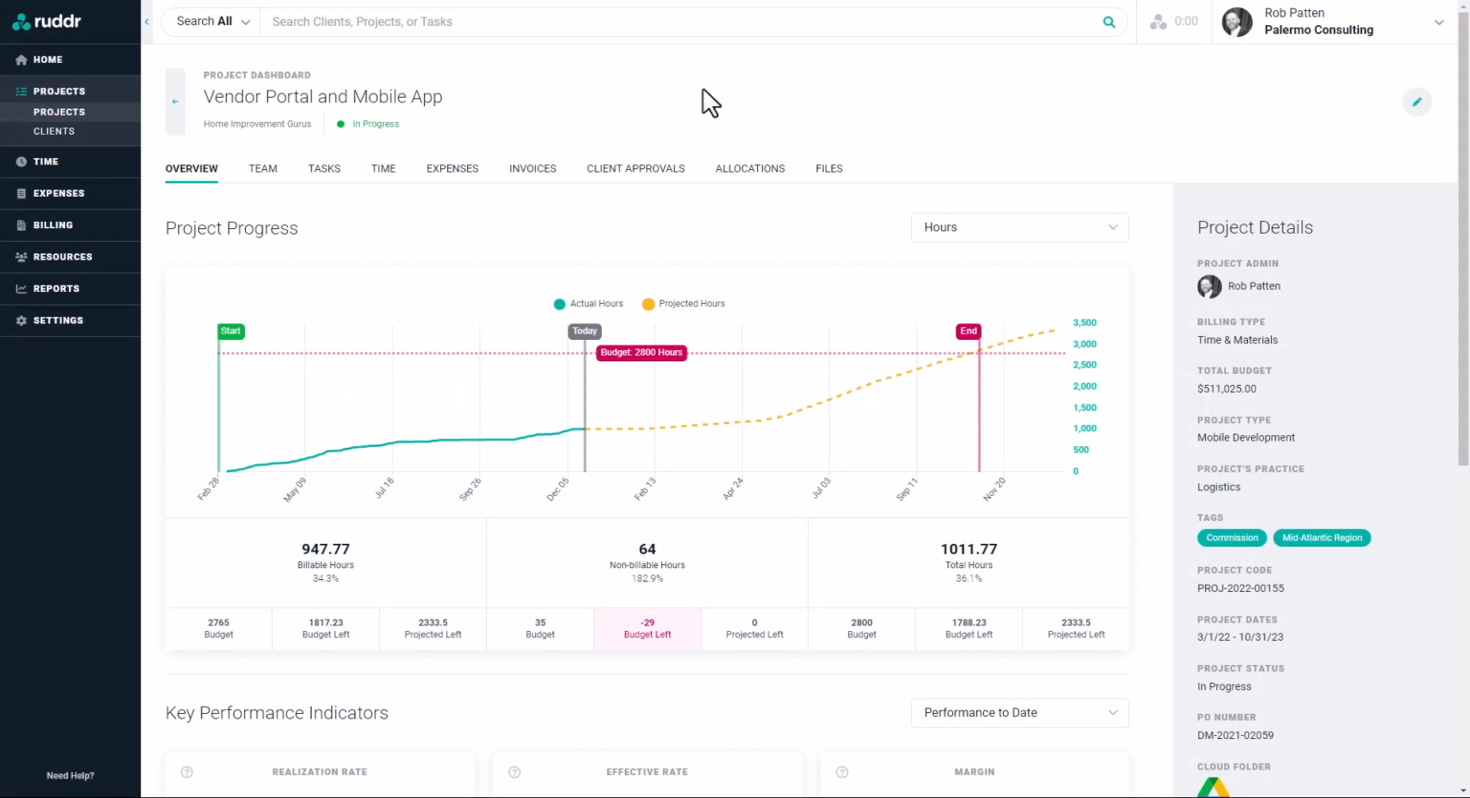Every project in Ruddr has a project dashboard. The project dashboard provides the primary information about the project. We can see that this project is called Vendor Portal and Mobile App, and it's being delivered for a client called Home Improvement Gurus. The default tab of the project dashboard is this Overview tab, but we also have tabs